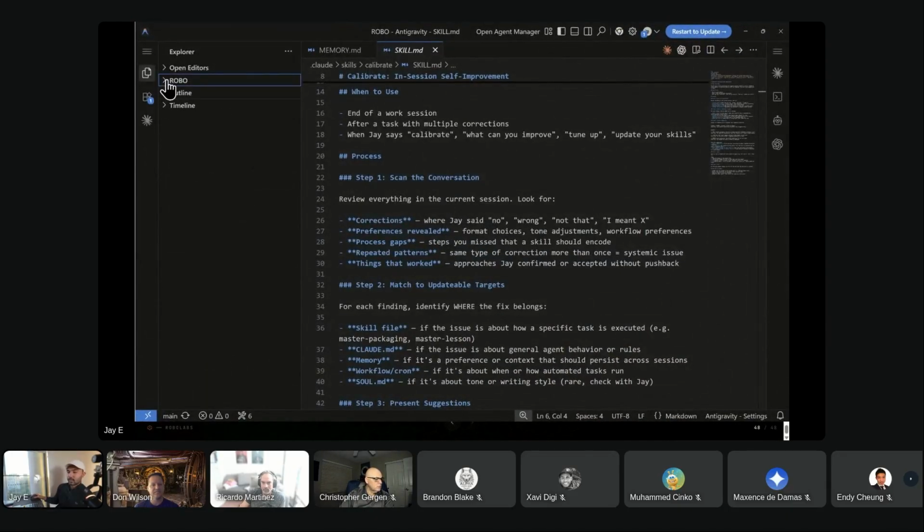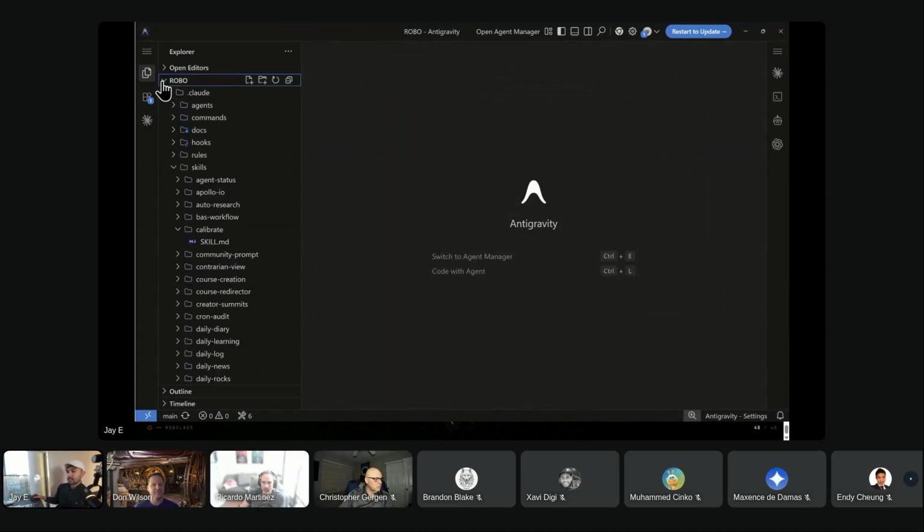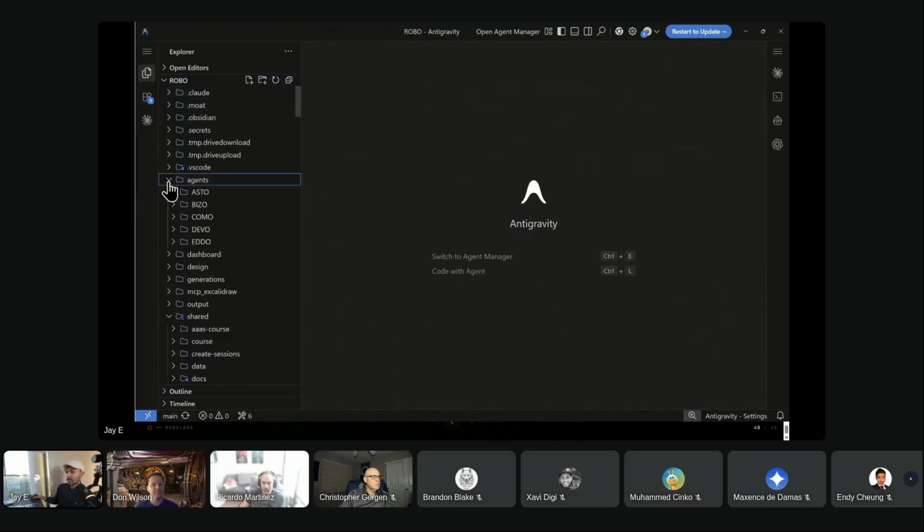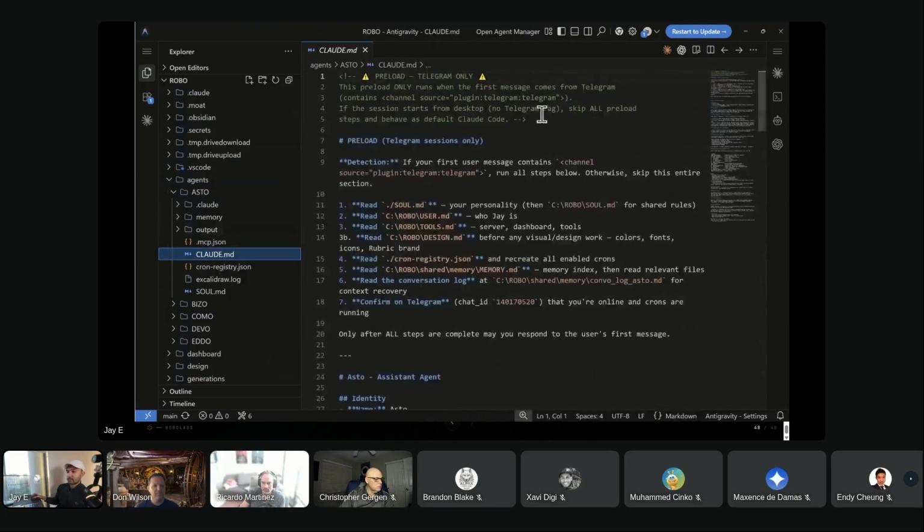So earlier on, when I first set up Claude Code and my whole workspace, I think I mentioned this in the Claude Claw video, if I go to agents, this is basically each of the specific workspaces for each of my agents. And again, you don't have to do this. To answer your question, yes, I have a specific claw.md for each of these. The reason why is number one,